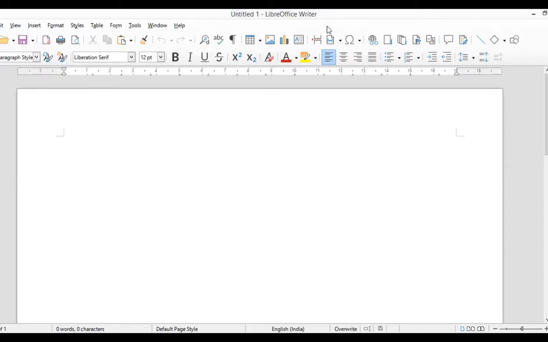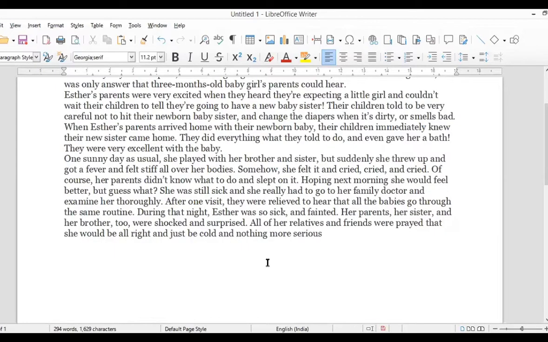So let us see a demo for insert mode and overwrite mode. This is our insert mode, which is the simple one, and whatever I enter over here is entered as the default.